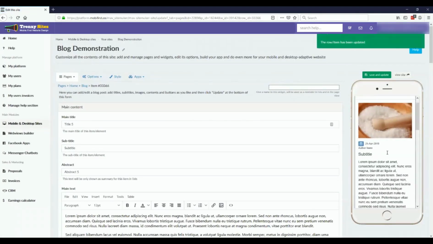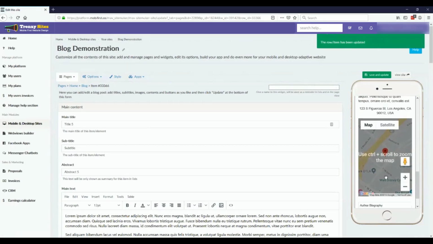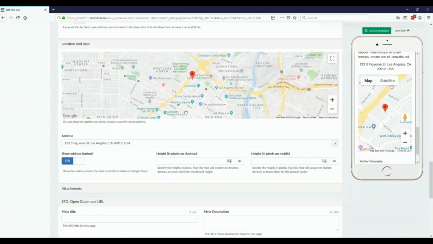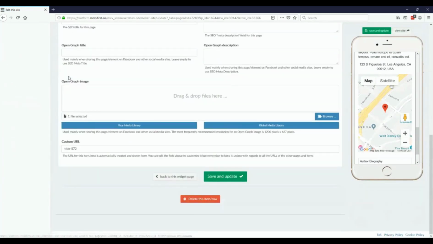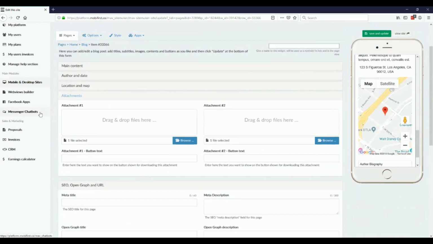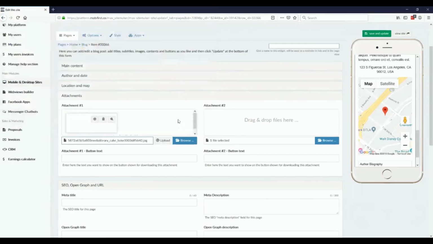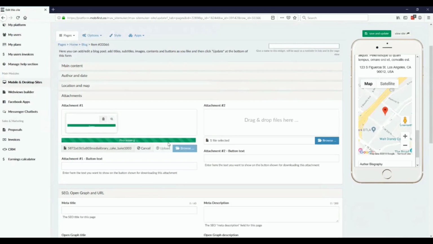If I were to open it up, you'll see that there, and then the map is now at the bottom with the address. Very convenient. As well as attachments. If you wanted people to be able to download files from this article, or you want to upload specific pictures, you can upload a file from your computer, and then people would be able to download the file. Once you browse it and click upload,